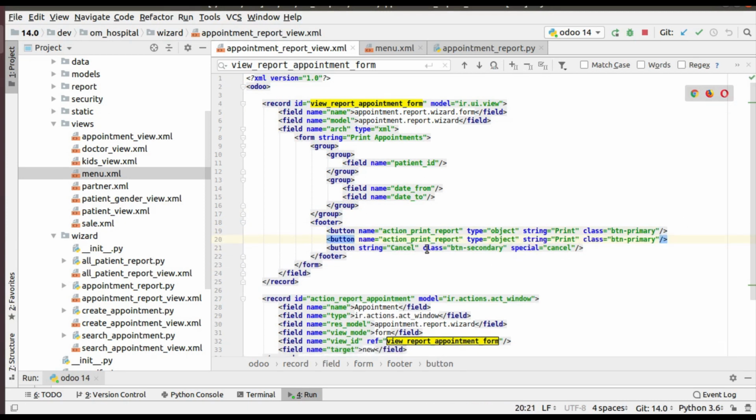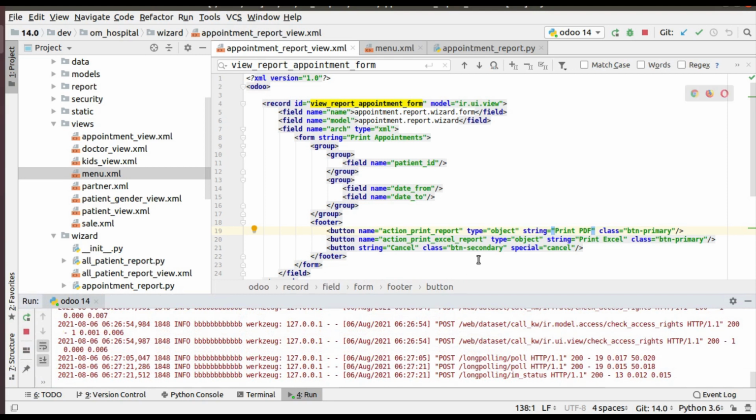I'll give the name as action print Excel report, and type object, since it has to call a Python function, so I'll keep type as object. The string I'll give as print Excel, class button primary. I have done that, and I will also change the existing label print to print PDF. So I have successfully added the button here. Let's restart.